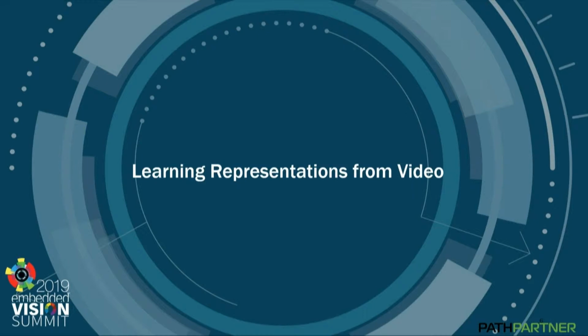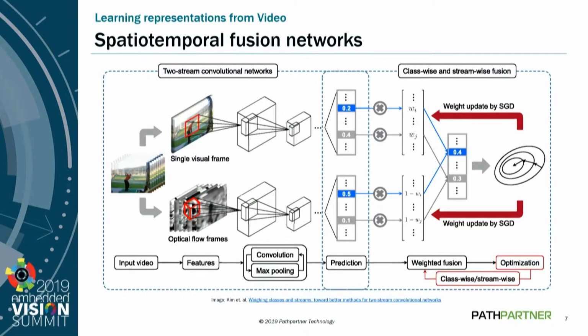Now we know that video is a 3D signal. Basically, how do we go about learning efficient representations from video? So the first effort in this direction was, as again presented in the previous presentation, spatio-temporal fusion networks. So this involves operating on the spatial and temporal modality separately using two-stream networks. So you have one stream that operates purely on the visual domain and one stream that operates on the motion information. That could be optical flow of some sort. So basically, this is kind of a complex architecture in the sense that there are two different streams operating on the same data. And the input to the second stream, which is the motion stream, also requires some additional computation of optical flow